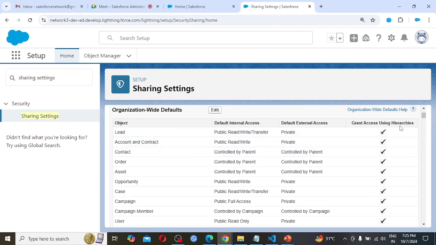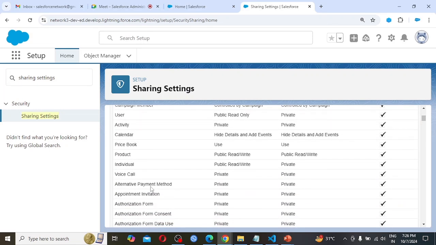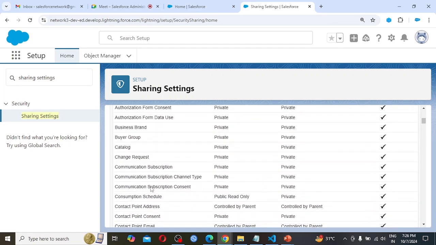Grant access using hierarchies: if it is checked, and by default it is checked for all the standard objects. So let's see, these are all standard objects: lead, account and contract, contact, order, asset, opportunity, case, campaign.